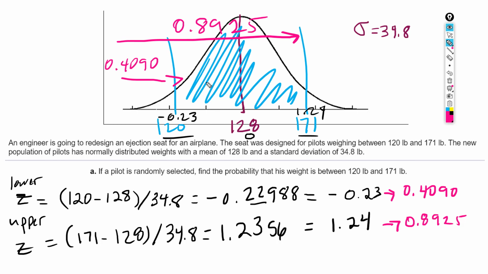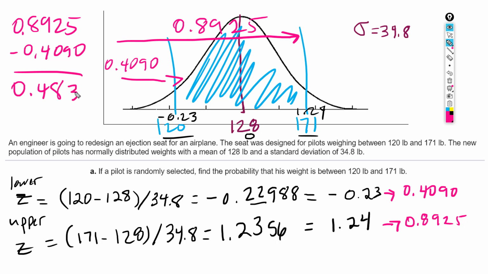Well, to get the area in the middle, I simply would just subtract these two areas. So I take 0.8925 minus 0.4090, and I get 0.4835. Now, the lab gives you some wiggle room on this answer,